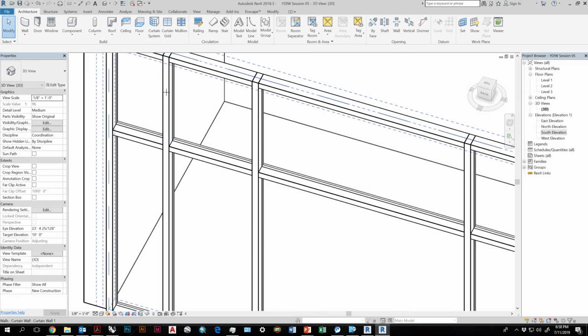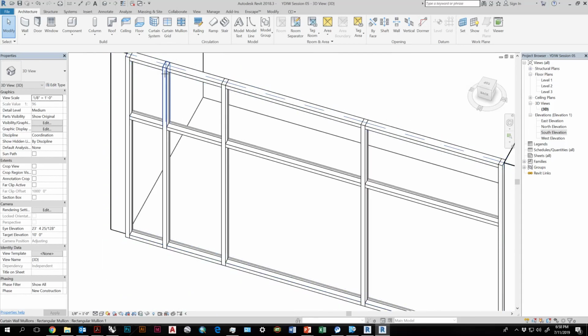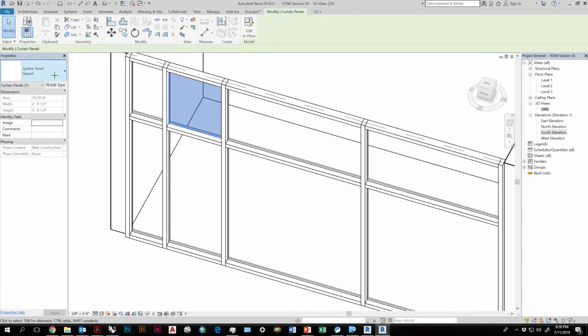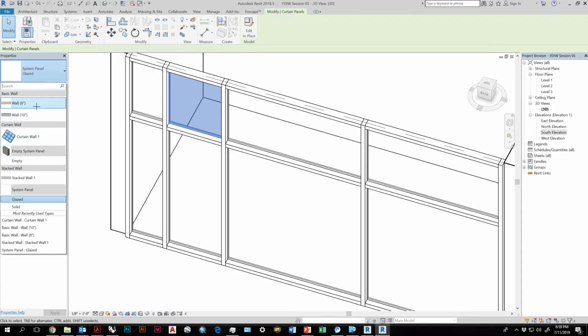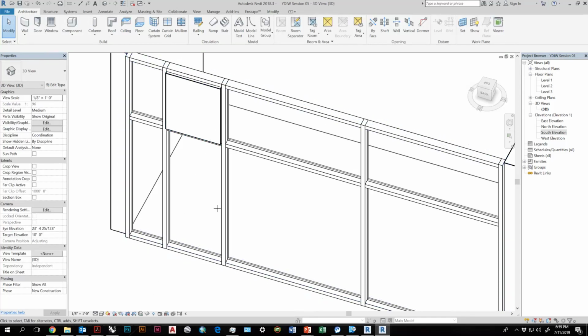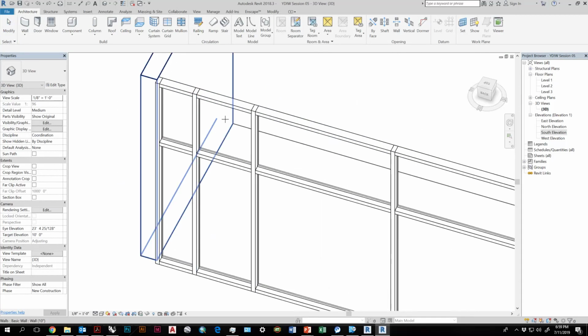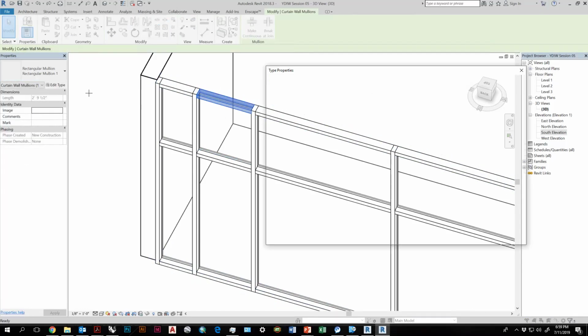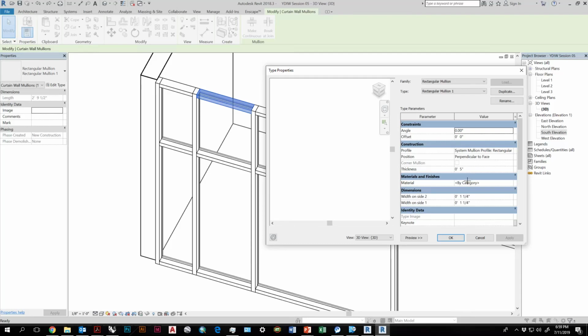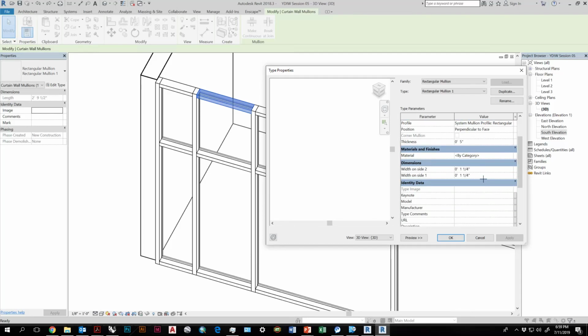If you hit Tab, Tab allows you to flip through different selections. So if you want to select a specific element, like this glazing spot here, if you wanted to change that to a solid material, or change it to a different wall type, you can do that, right? So now that's a solid wall inside the curtain wall. If you hit Tab again, I'm going through the mullions. I'll select one mullion and hit Edit Type. I can then change its width, its thickness, its width on one side versus the other, etc.